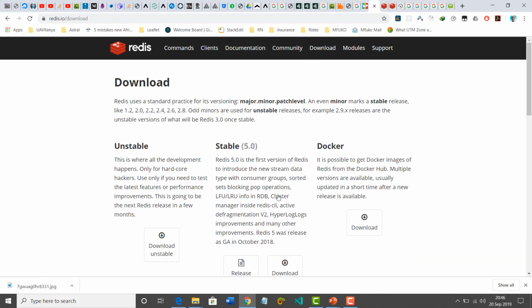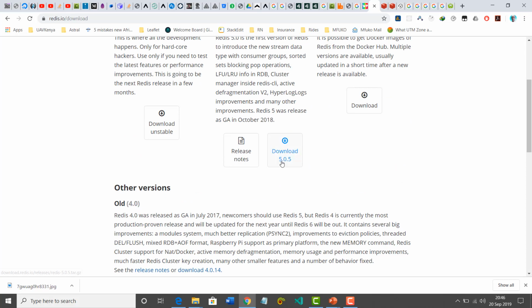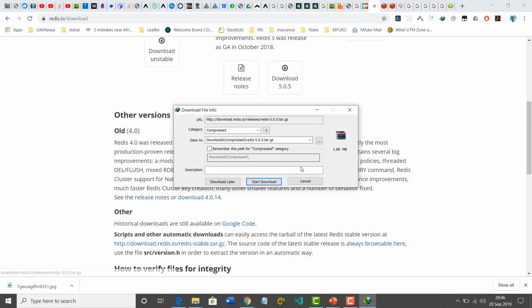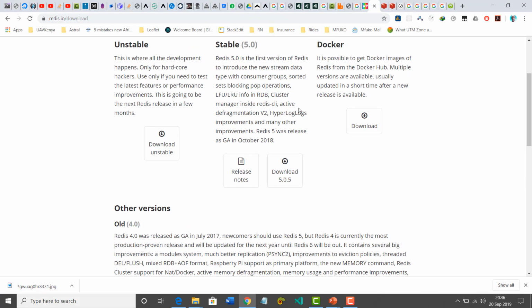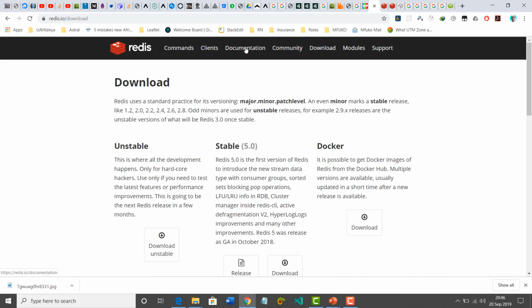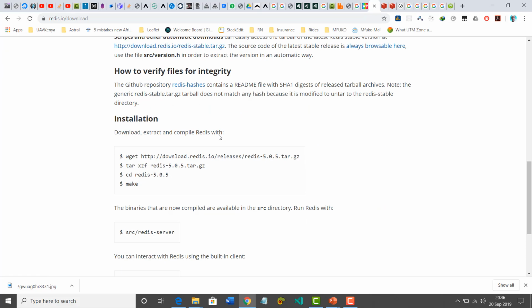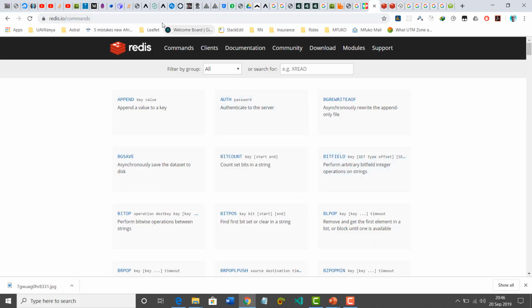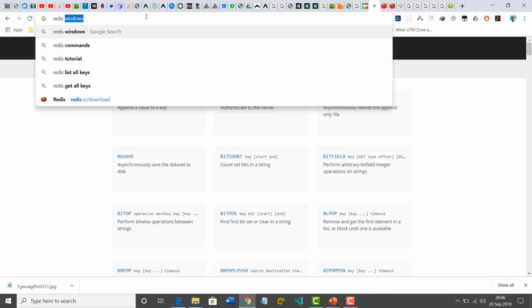Check the downloads page. But anyway, the point I'm trying to bring across, so for example, if I just Google Redis Windows,